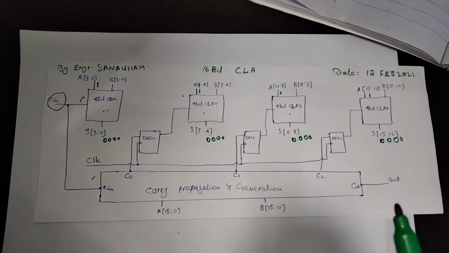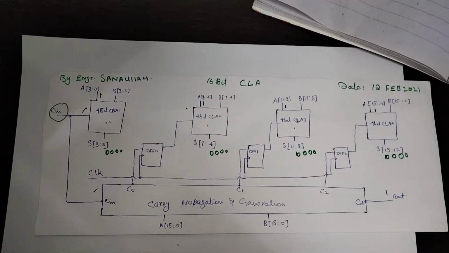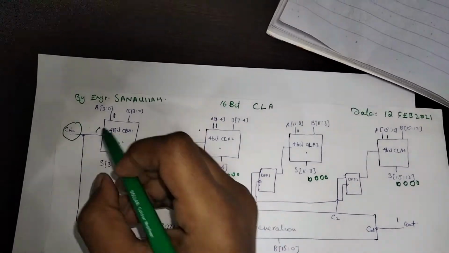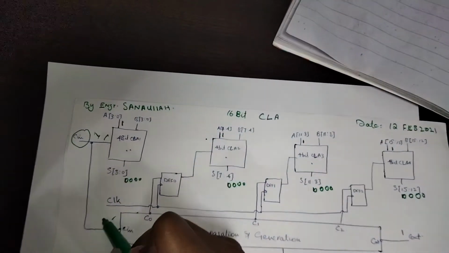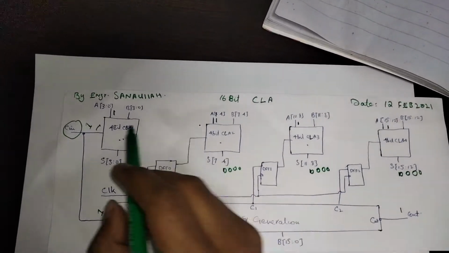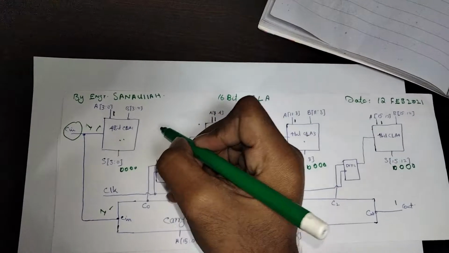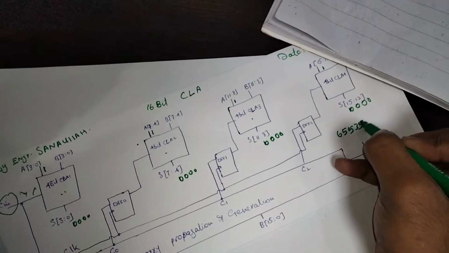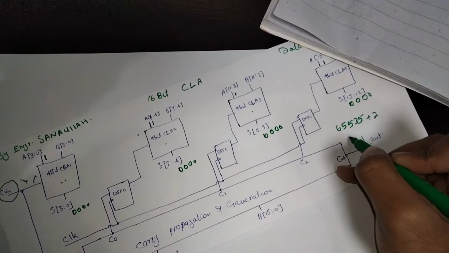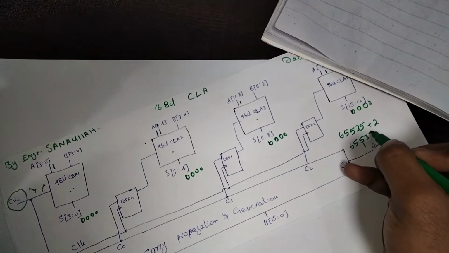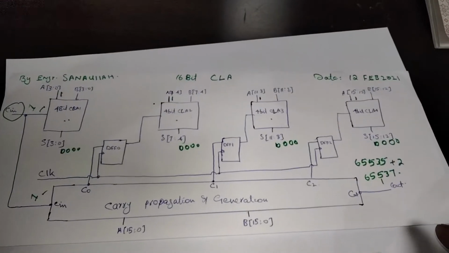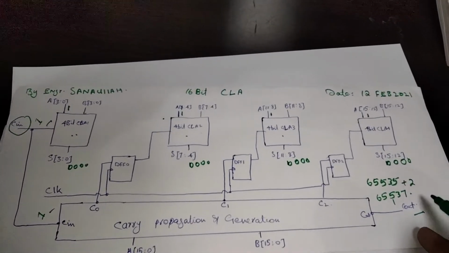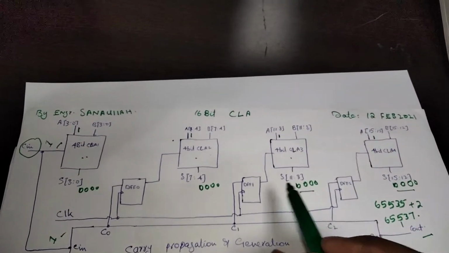It is noted that in this type of circuit, basically we are not adding 1 in this whole circuit, but 2, because 1 is fed from here and 1 is fed from here. So assume we have inputted 65535. Adding 2 will give us 65537. So finally, with the help of simulation, we will calculate the actual time of C out plus the accurate sum, which will be generated here.